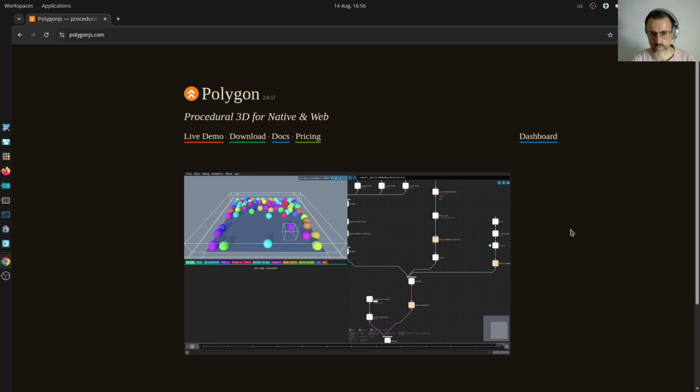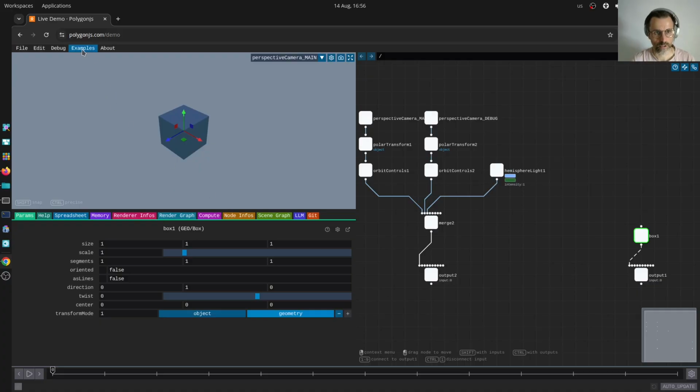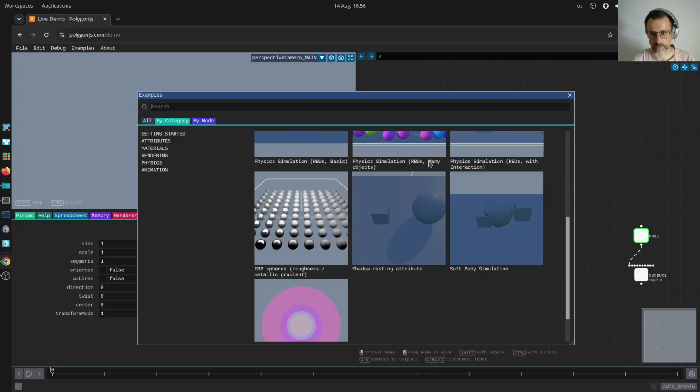I've released Polygon V2 a few days ago, so this is the first video where I will give a rough description of what has changed and how to use it basically. So when you arrive here, the first thing you want to do is go to the demo. That's the easiest way to try it, and you can go to examples, and there are a few scenes which you can